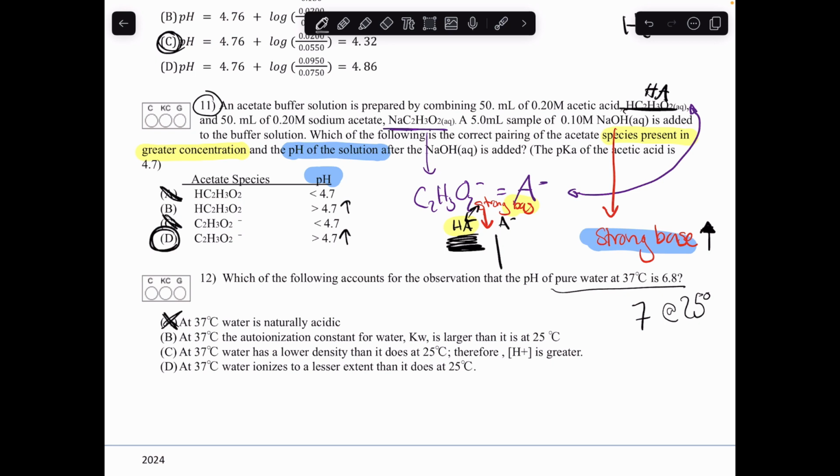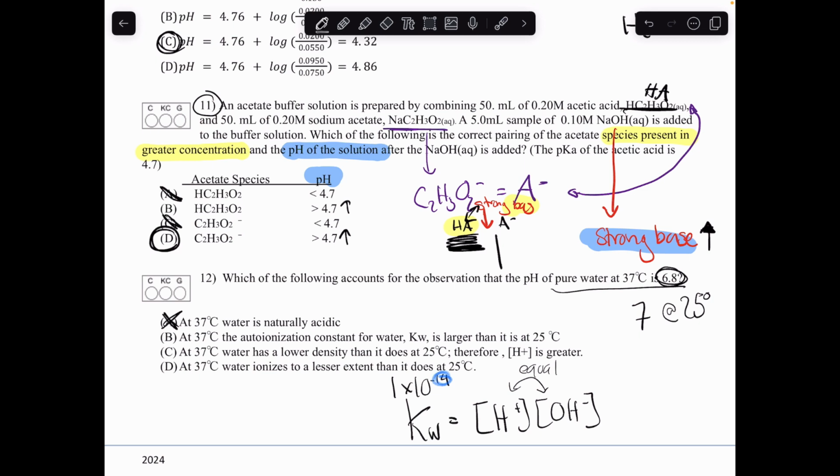B says that at 37 degrees, the autoionization constant for water, Kw, is larger than it is at 25. So Kw is on your formula sheet, but it's a relationship of H plus and OH minus. It normally equals 1 times 10 to the negative 14, which is where, once again, we get that the pH scales from 0 to 14. And the key thing too is that these two things are always equal in water, no matter if it shifts. So if it's getting more acidic, as this would be showing, then that corresponds to